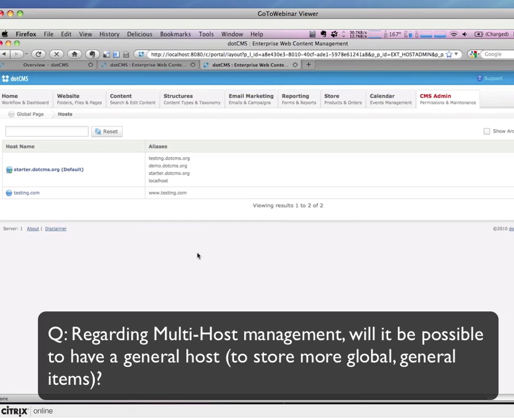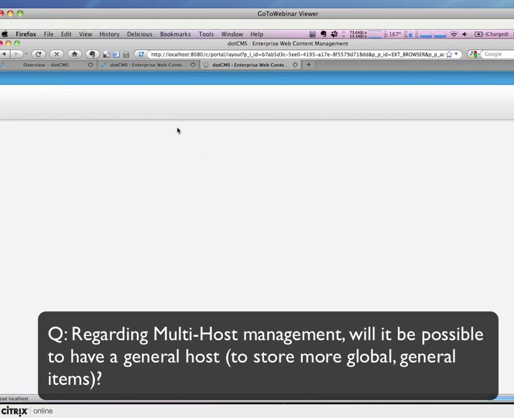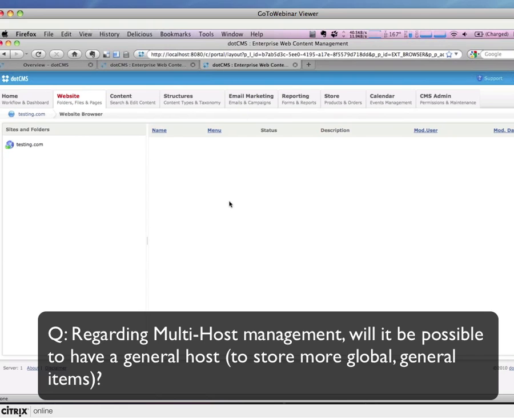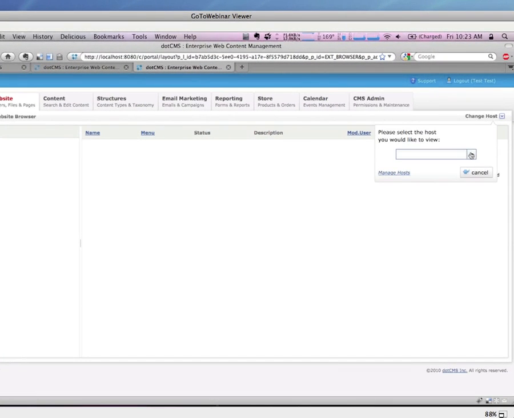Okay, another question under multiple host management. Will it be possible to have a general host in which you can store more global general things like JavaScript, CSS, to avoid duplication among multiple hosts? Sure. The answer here is it's actually worked this way for a little while and still kind of works this way in that